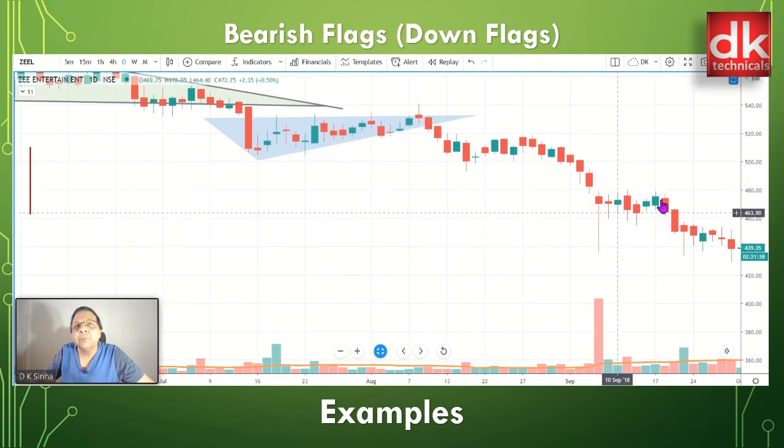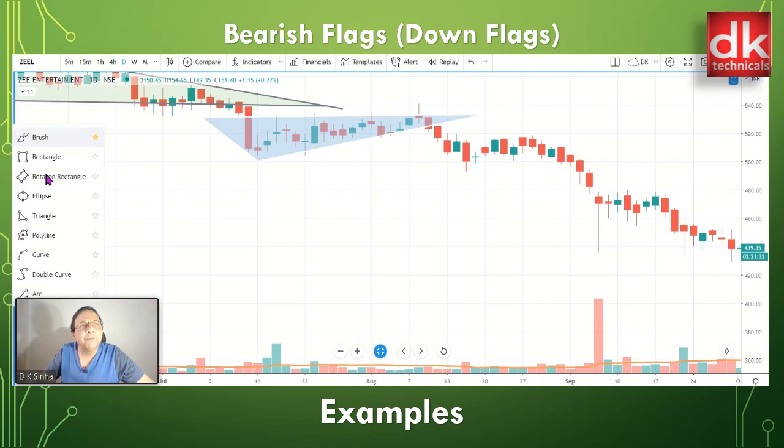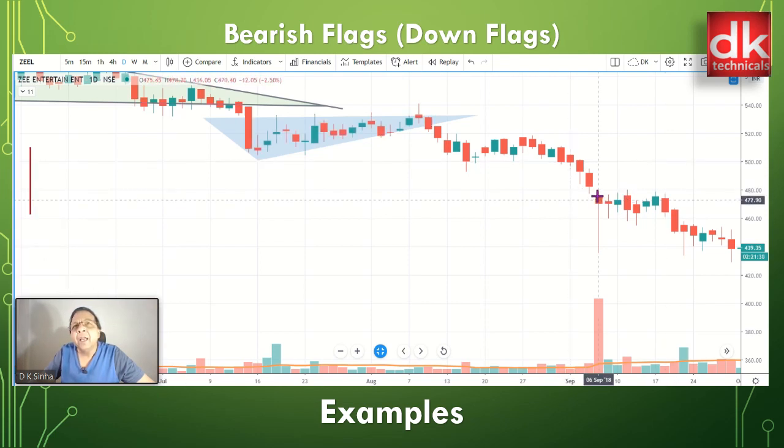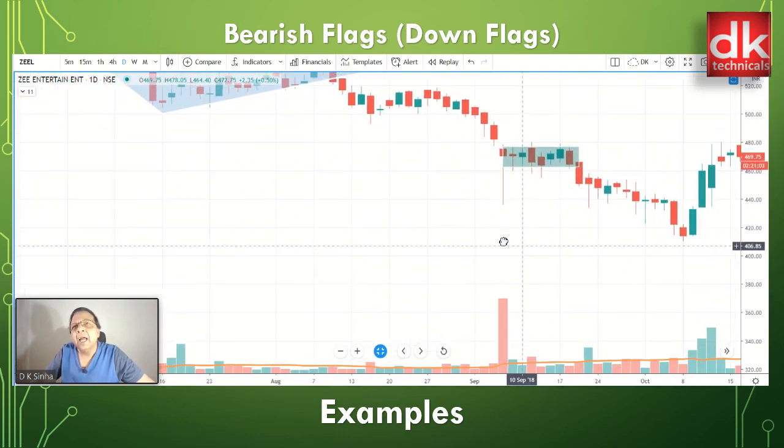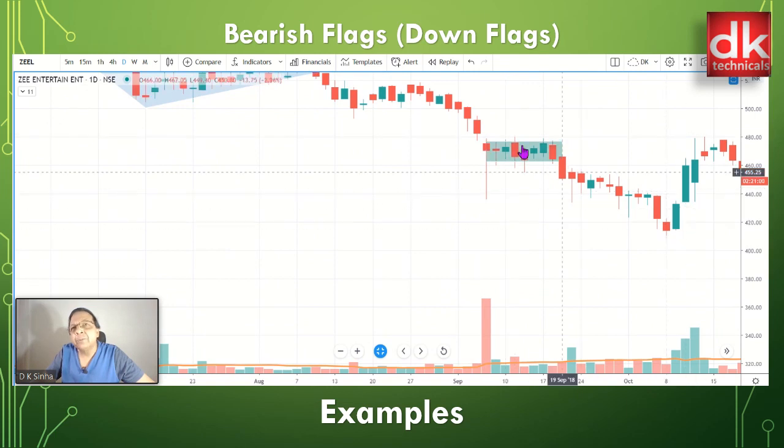We can see in this portion the price consolidated, which gives an opportunity to draw the flag, and I am drawing here the rectangular flag. All the closing points I am taking inside. You can see the consolidation, and this becomes the breakdown candle, and we set a sell stop order below the low of this breakdown candle. The height of the pole can be measured like this and projected from the high of the top fiber of the flag towards the downside, and we can see all those targets have been achieved.